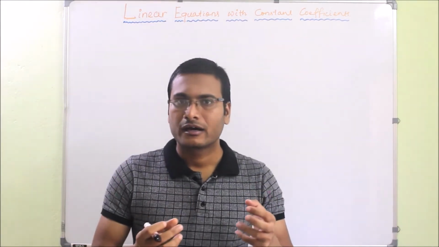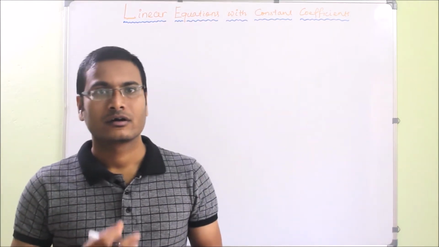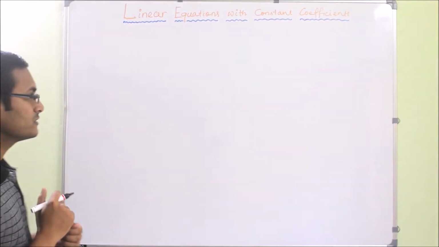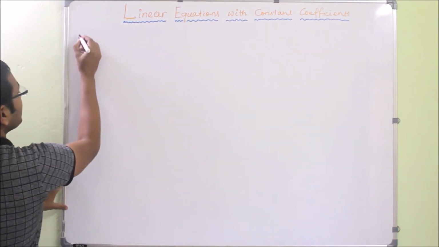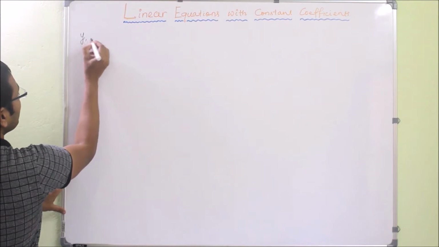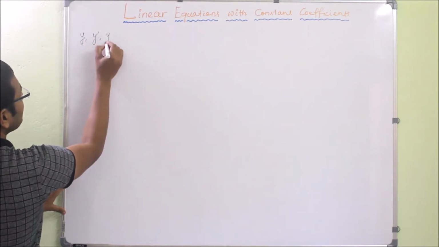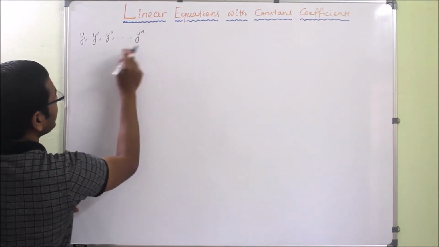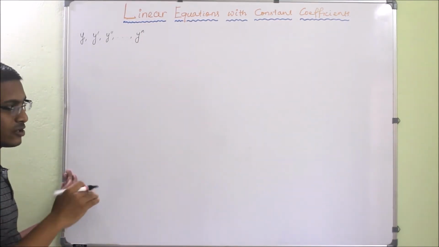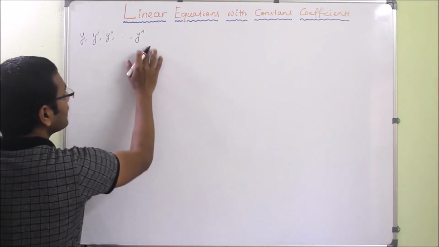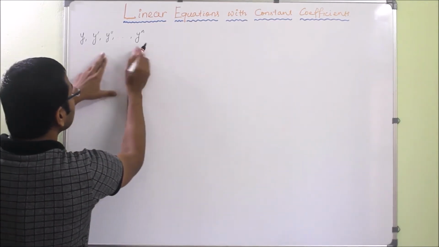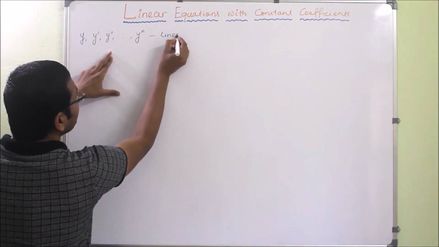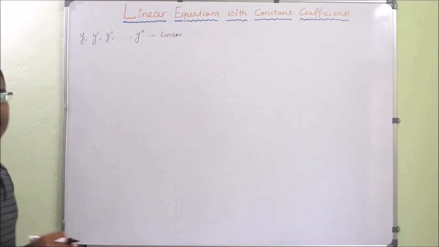So we will see nth order linear ordinary differential equation. First we have to see what is linear. The differential equation will involve y, y dash, y double dash, these things, y^(n). If we take an nth order differential equation, if all these derivatives are linear, then it is said to be a linear ordinary